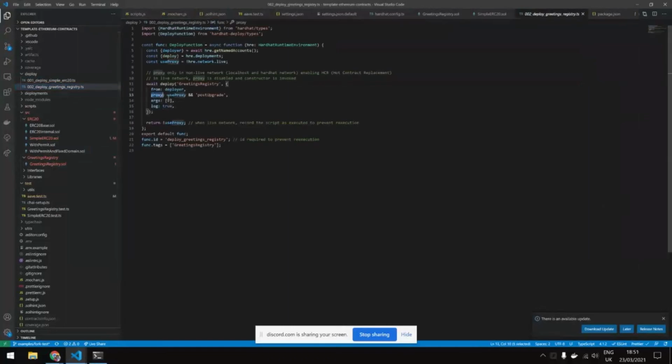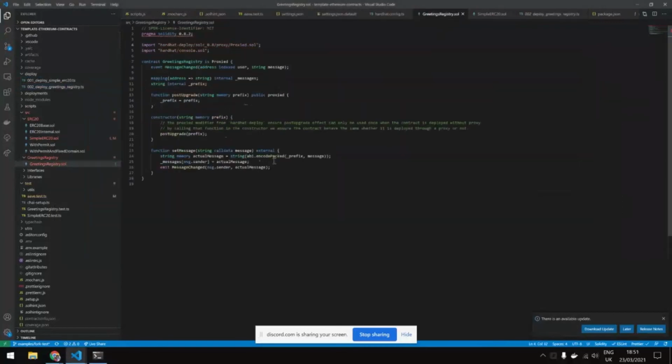It has a special... actually, okay, yeah, so this one uses a proxy. There is a proxy field, and the proxy makes it so that if you deploy a new version of it, the address will remain. So let's say I go to greetings and add something here.